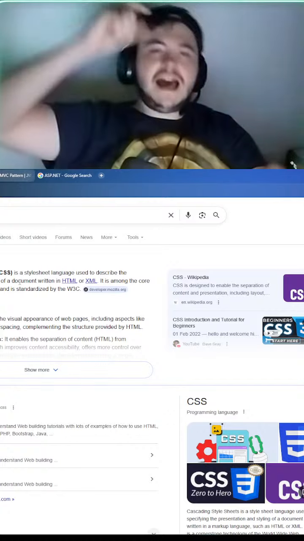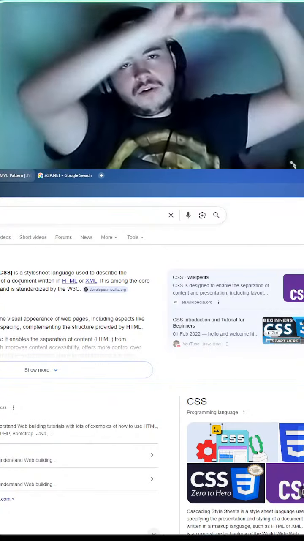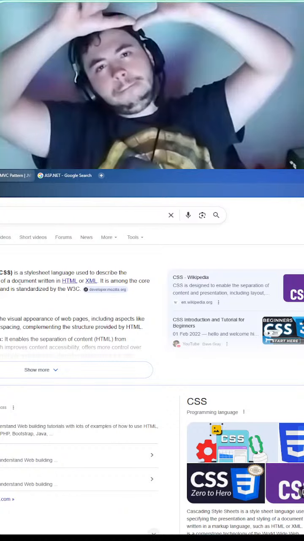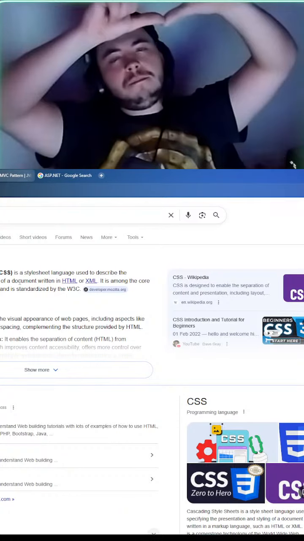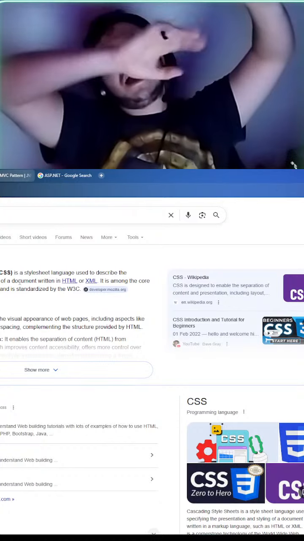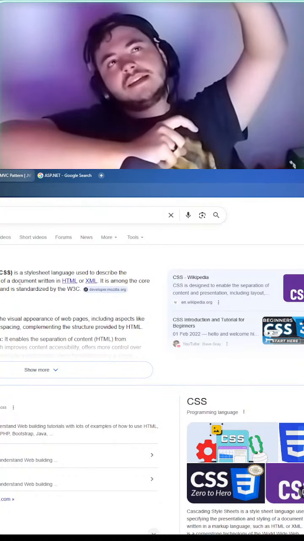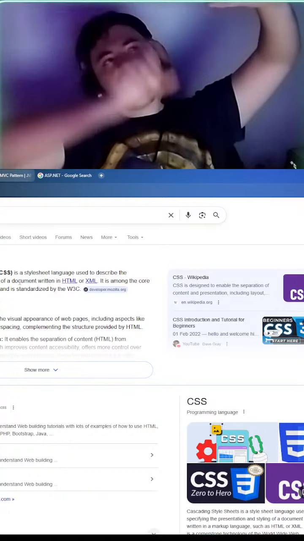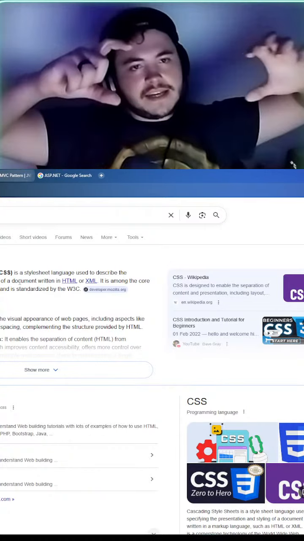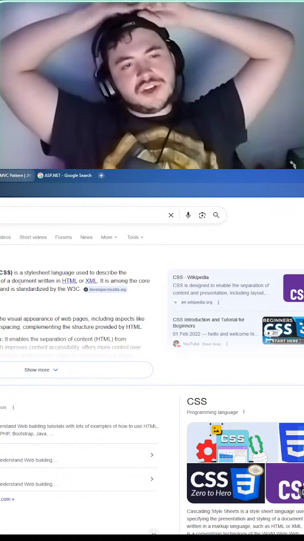So let's say I have a gray box, right? There's a difference between how a gray box is structured in a web page. Without any CSS, it would be gray block, gray block, gray block, gray block, on top of each other. But with CSS, you can structure it in such a way that the gray blocks are next to each other, in a column, taking up the whole web page, and you can make them round.